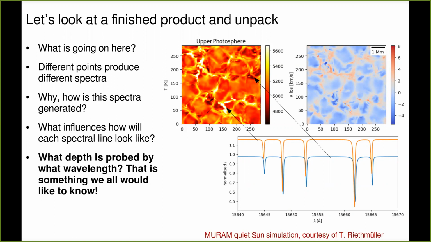So today we're going to take a look into this line formation process, and except for this optical depth equal to 1, we're going to come up with two more complicated quantities. One of them is the contribution function, one of them is the response function, and we're going to see what they tell us about the line formation mechanisms.